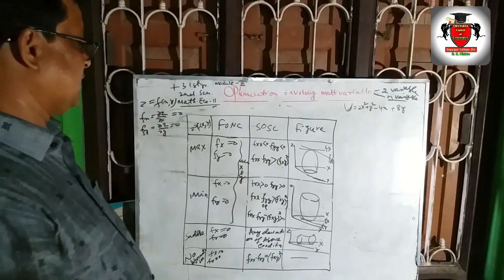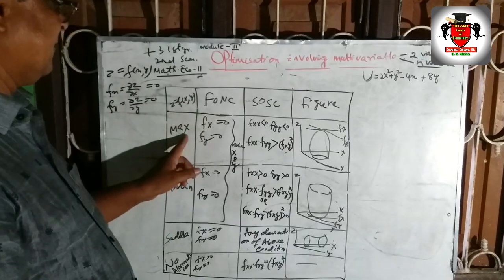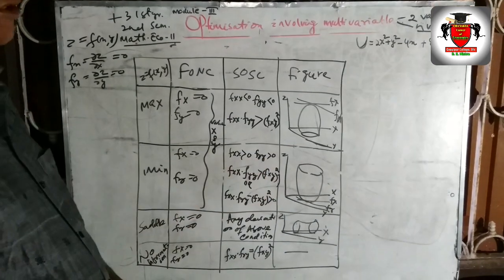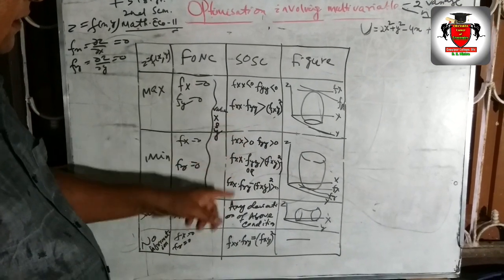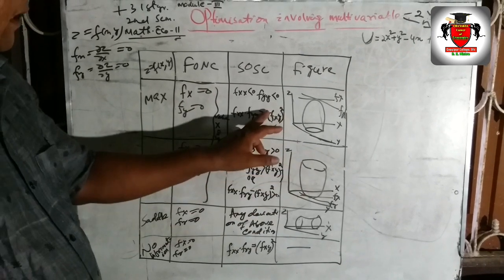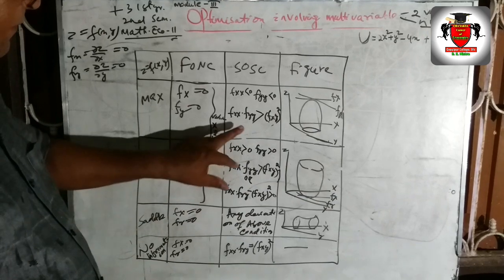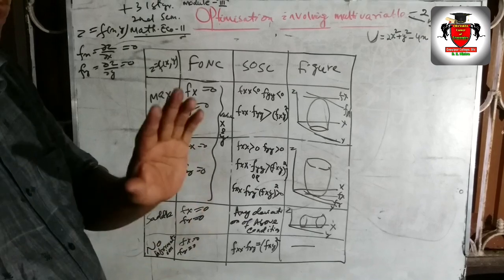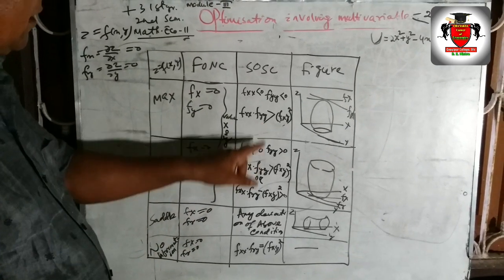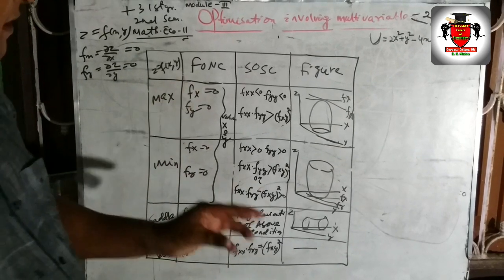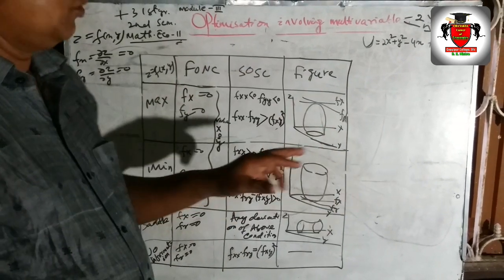So this second condition, the equality, is the most important. Again, one thing you will find is that fxx is less than 0 for a maximum and greater than 0 for a minimum. But look at the second condition: in the maximum case and also the minimum case, it is the same, it is greater. If a deviation occurs, then we find a saddle point. But it is a confusing fact for students why this condition is the same for maximum as well as minimum. I will explain why this happens in the n variable case.